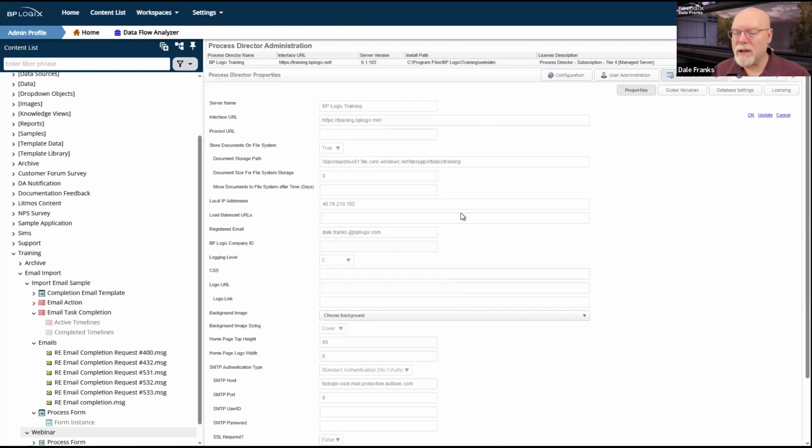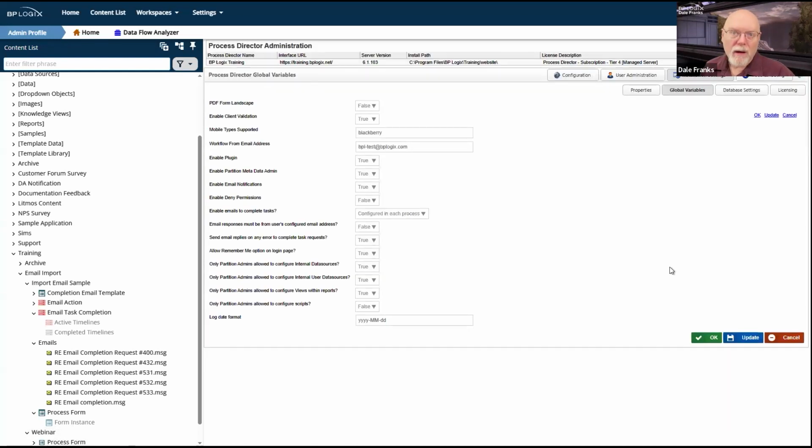going to installation settings, we have a couple of emails that are set up on our system that are from email addresses for workflows and process timelines. So for me on this server, the standard return address is bpl-test@bplogix.com. This email inbox doesn't actually exist. It's basically just a placeholder email. It is an unattended email inbox. If it does exist, I certainly don't have access to it and don't know who does. So it's not really a real email address.